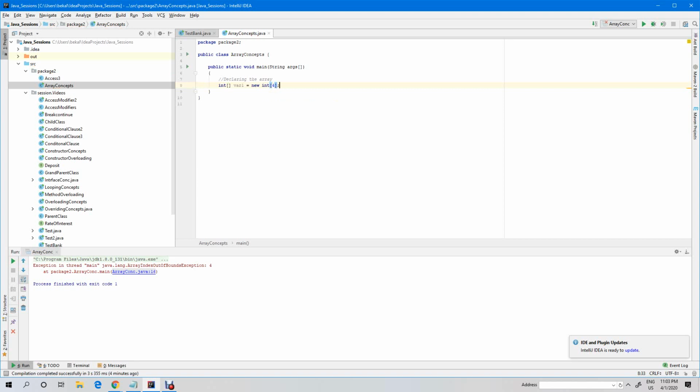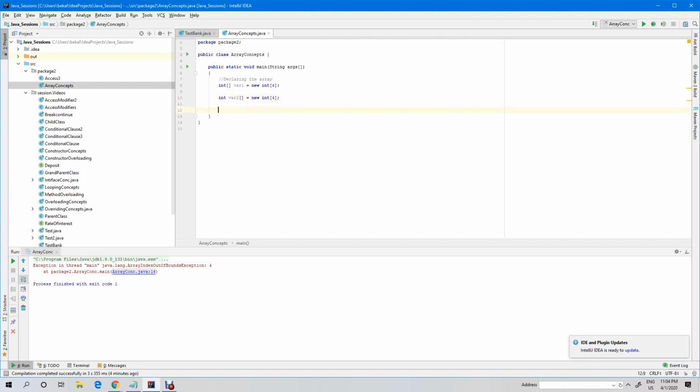That means four spaces have been allocated, so four elements can be stored in this variable. I told you, an array is a collection of similar data type. Int means four integers can be saved under a common variable. This is one syntax. The other syntax is like this: int var2 with the box brackets after the variable name, equal to new int of 4, right?